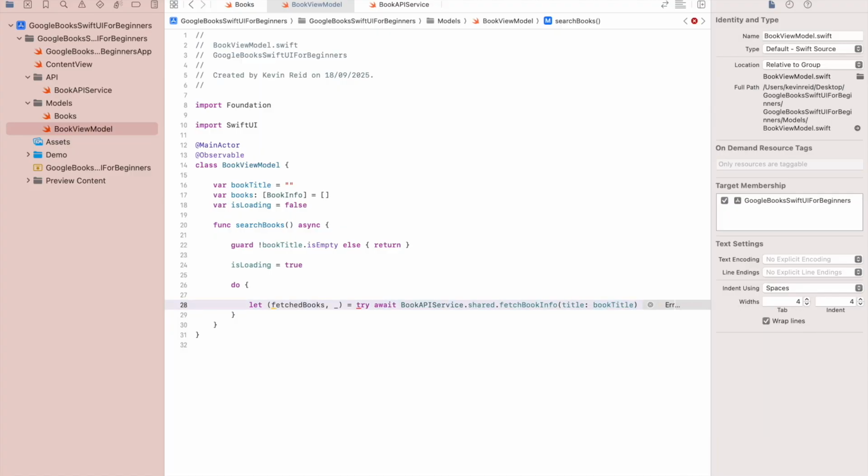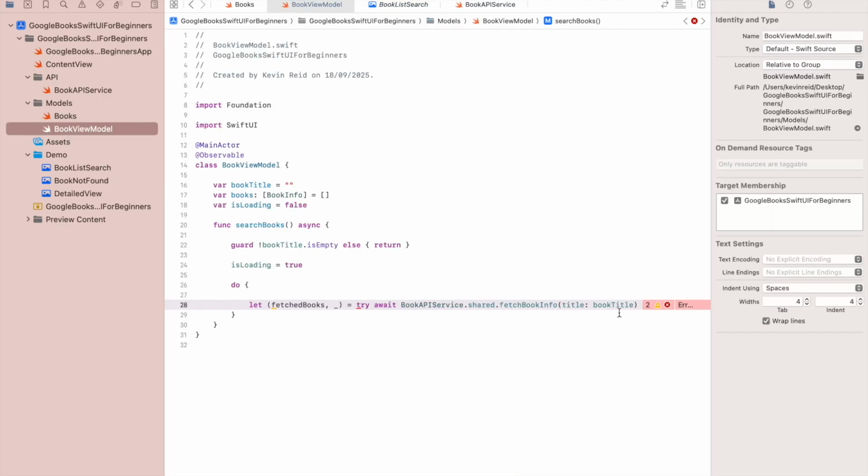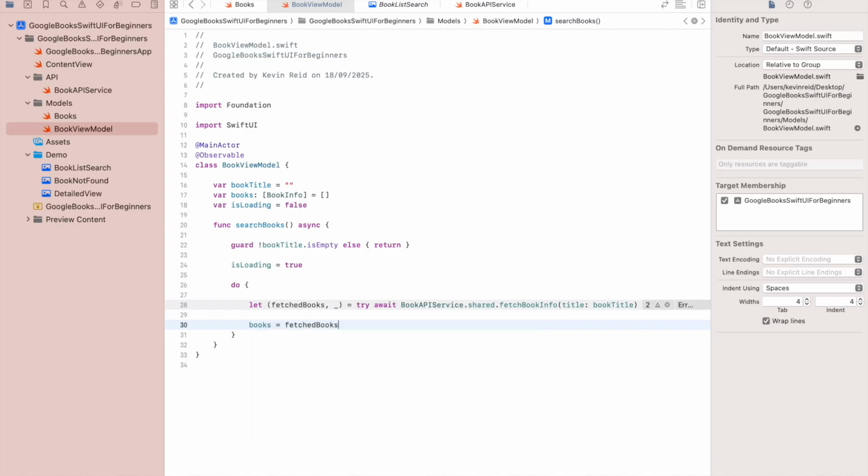So what that line does, it will call the API service and fetch the books that match the search term, which is the book title. For example, when the user enters their search term, such as SwiftUI, it will return all the SwiftUI books on the view. books equals fetchedBooks,